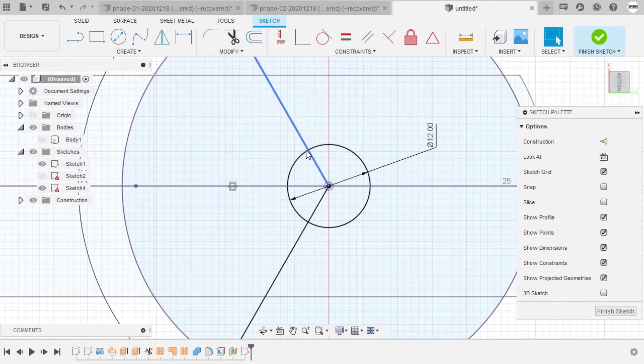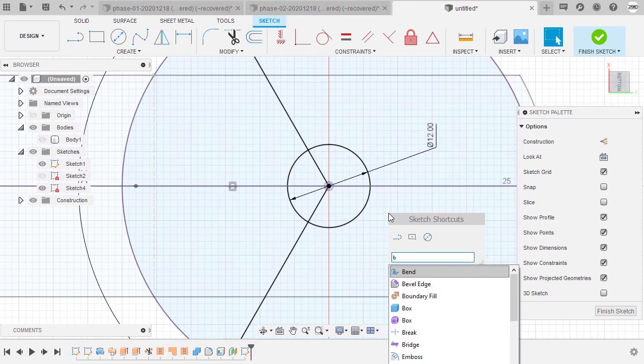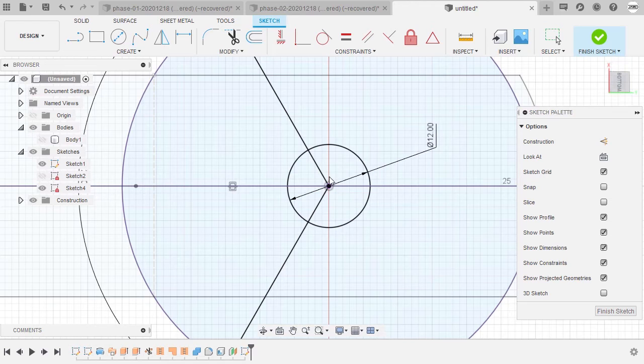In addition, my intent on these sketches is to use them for the web command. And if I use this line for the web command, obviously we will be creating a solid feature here as well. What I'm going to do now is break this line segment and turn this into a construction line. So I'm going to hit S for shortcuts, typing BR, selecting break, hovering over this line. So notice the X mark. Left click,